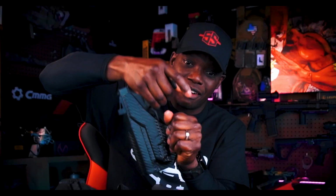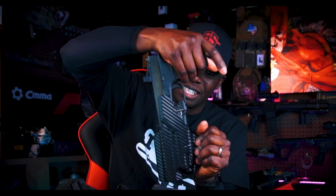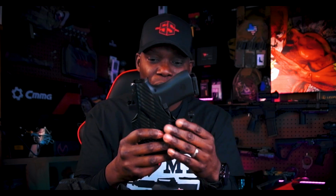It's light bearing capable, which all my guns have to have a light on them. You know, the TLR7 sub, and it has a wing, and it just looks awesome. High sweat guard. This is exactly what I look for in a concealed carry holster, and I'm gonna have to really kind of pay attention and look for more holsters from this company for my bigger guns to see, because